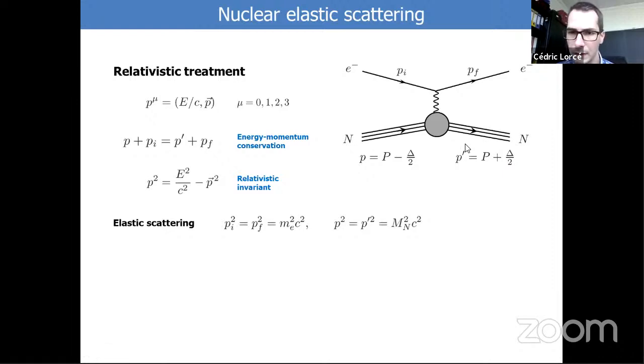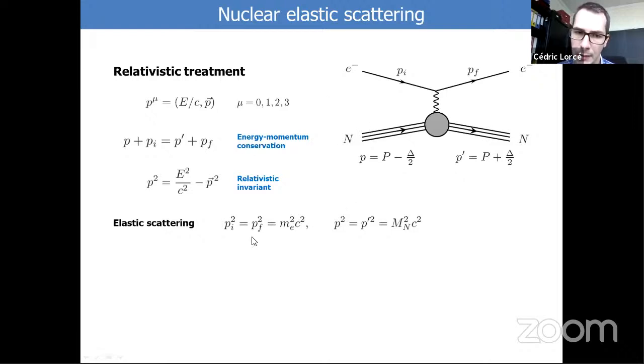And when we talk about elastic scattering in the relativistic context, we do not necessarily specify a frame where the energy of the initial state is the same as the energy of the final state's electron. We can always find a frame that does the job. But what we mean here is that in the scattering, since there is some energy and momentum that is transferred between the electron and the target here, so the proton that is flying like this, we are considering the cases where there is no excitation of the system.